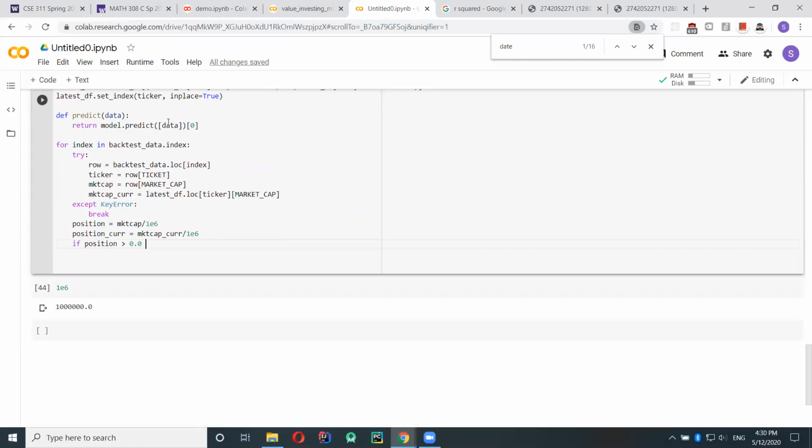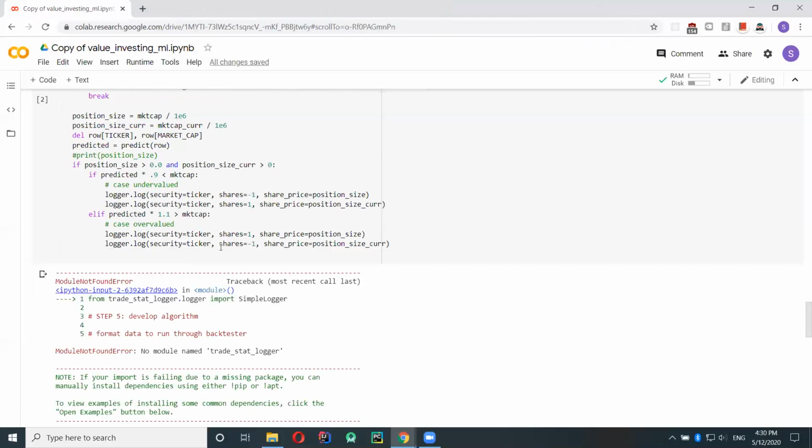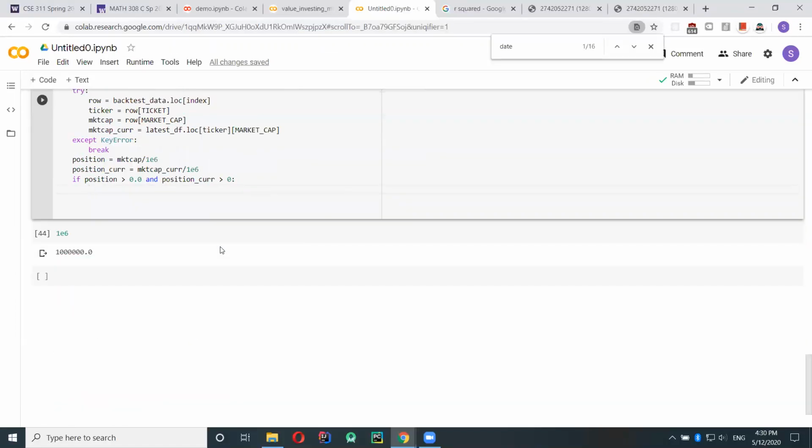However, sometimes market cap or some data just gets filled in as not a number. And so we have to make sure that we only trade position sizes that are greater than 0. So this is another filter to filter out bad data.